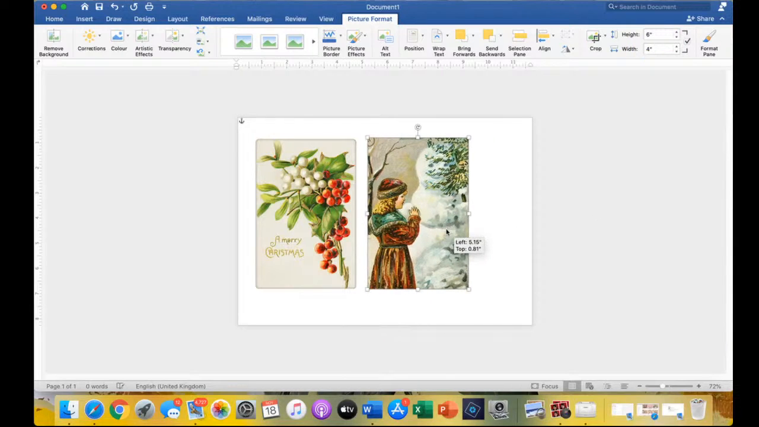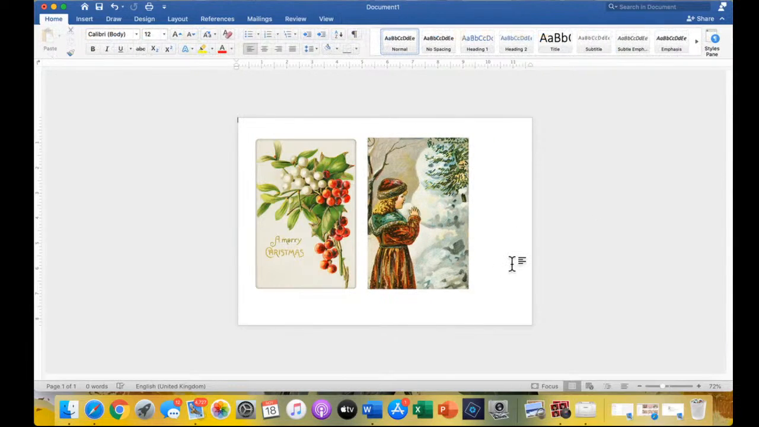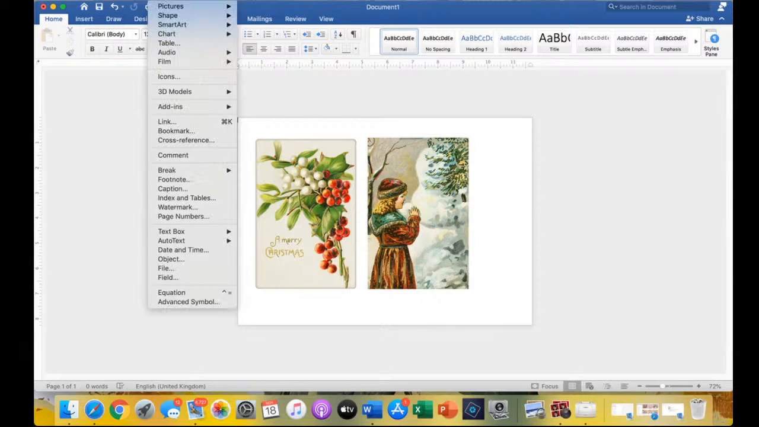And then we now have the two images on the page. So that's two images that we've extracted from that and sized them to the size that we want to make it more useful for us. What we can do again now is insert